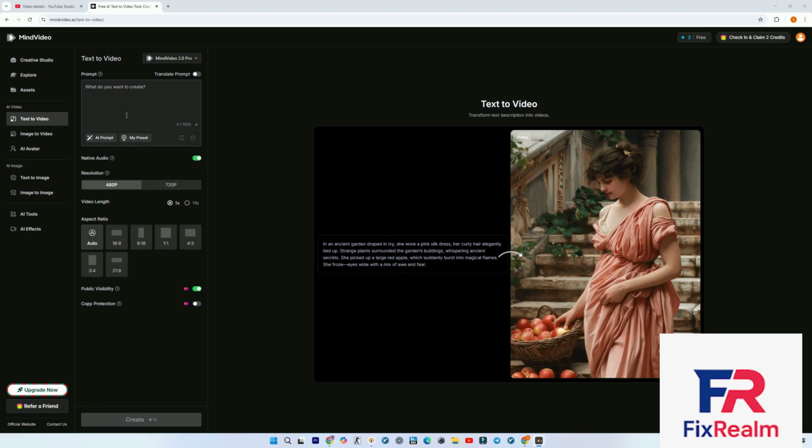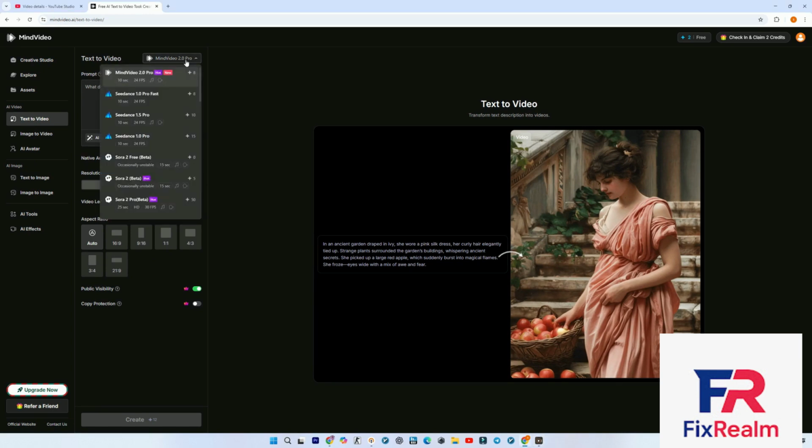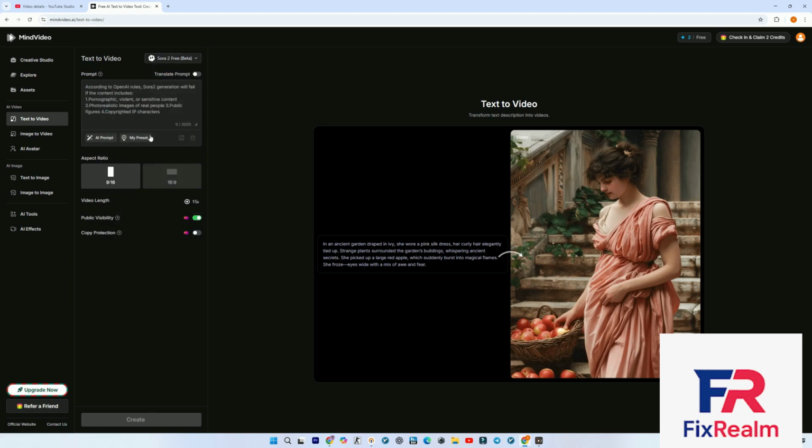So I wanted to actually turn my text into a video. You prepare your own prompt and select the type of service you want here. In this particular section, you can choose Sora 2, which is completely and absolutely free. Now, I will give it a specific text and tell it to actually turn the text and the prompt I